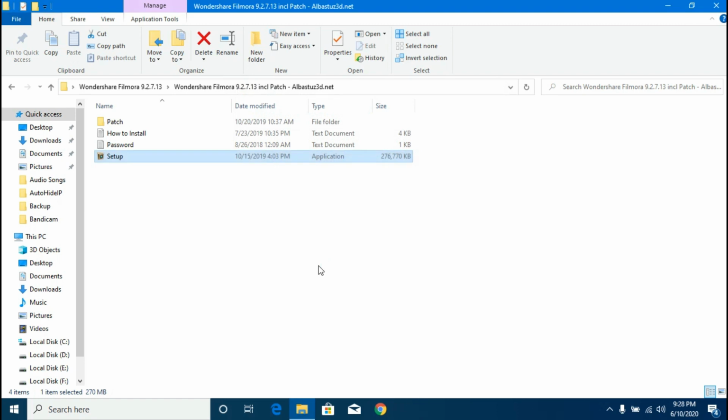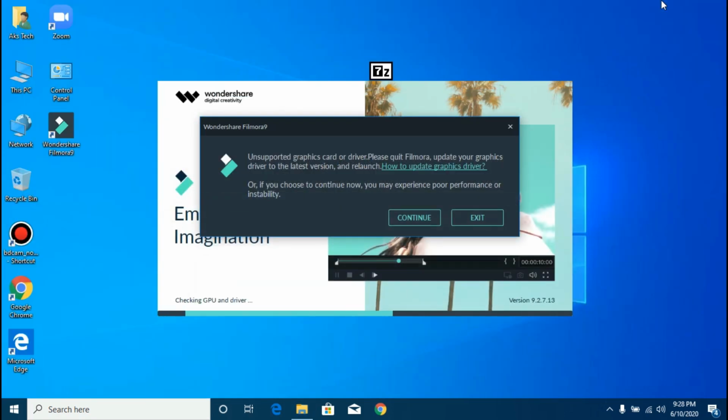The program may take a little bit of time on first launch. Here you can see that it's saying unsupported graphics card driver. It is because I have not updated my graphics driver. So I'll just press continue.